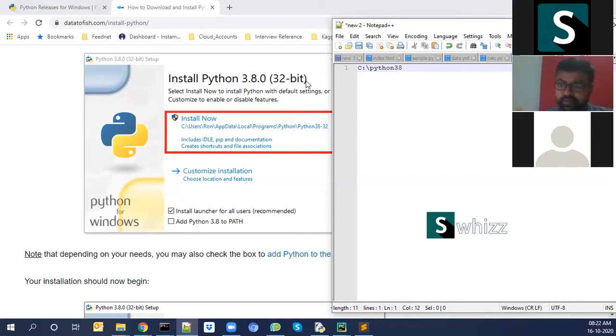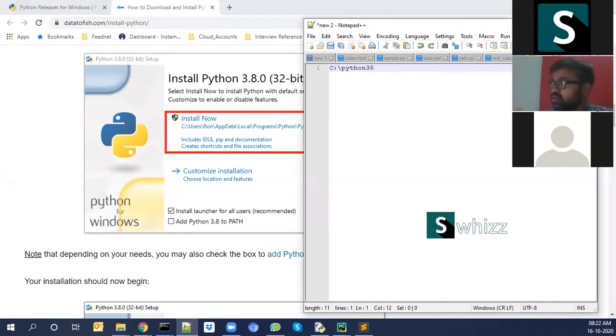Only this much? So you're done with that one? Yeah, only this much path should be there. I'm just copying the path. Shall I remove this entire path and give only C colon and Python 38, right? Yes. Is it in your system small C or capital C? It's capitalized only. Then please mark it as capital only. Colon backslash Python 38.